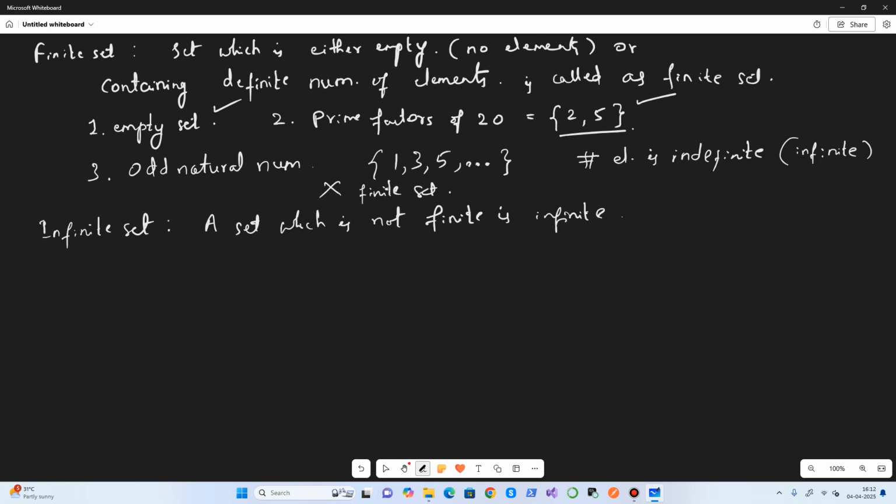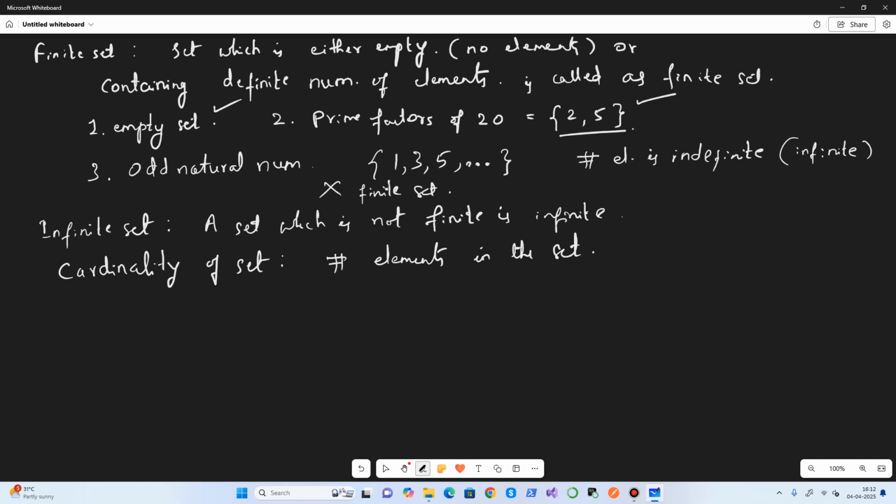Next comes cardinality of a set. So the cardinality of a set is the number of elements or objects in the set, right? So definitely the cardinality of a finite set is finite.